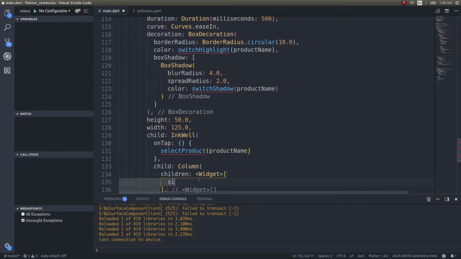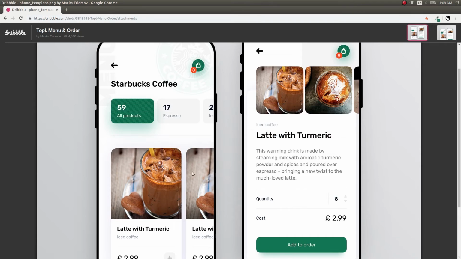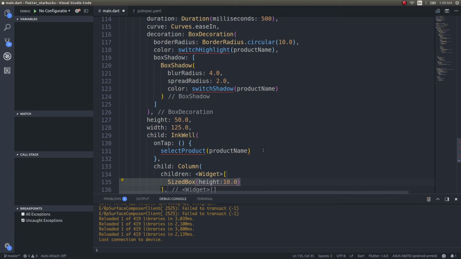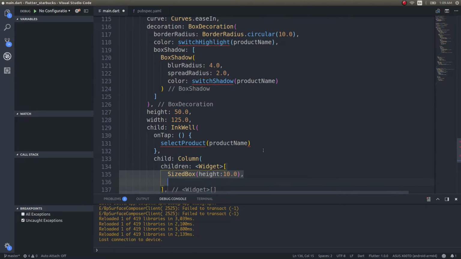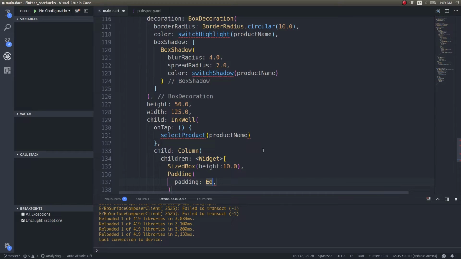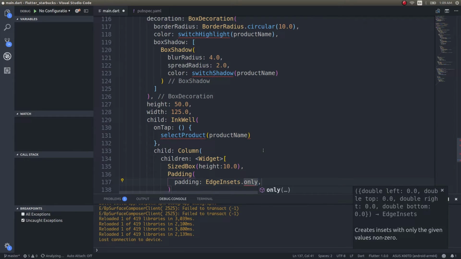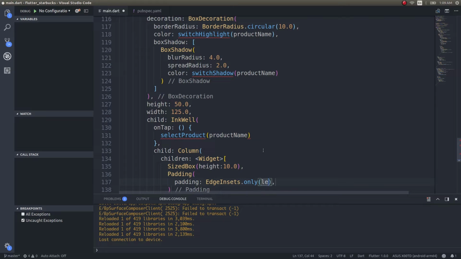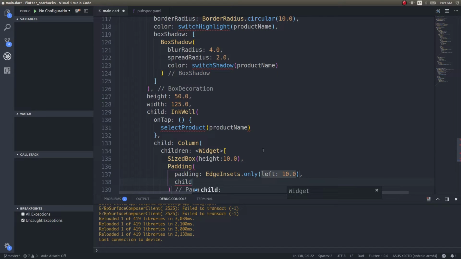children, sized box, height would be some 10 units maybe. This is this height, guys. Okay, this height 10 units, and after that I'll simply give a padding, edge insets dot, we don't need the padding of all stuff, right? We just need it to be left some 10 units maybe, and child text would be some